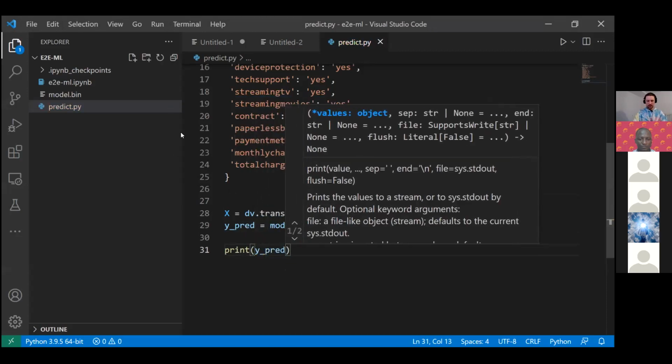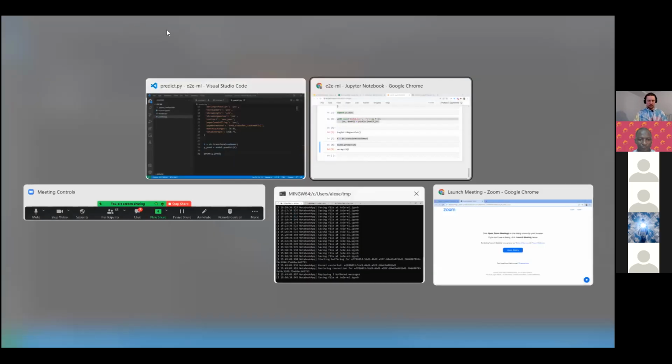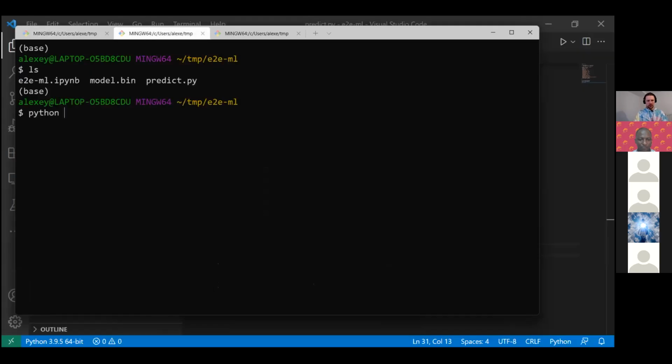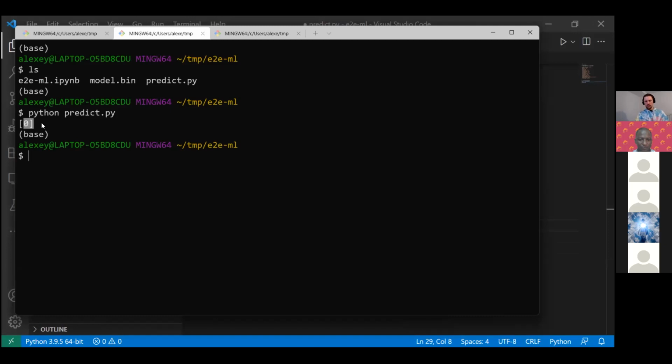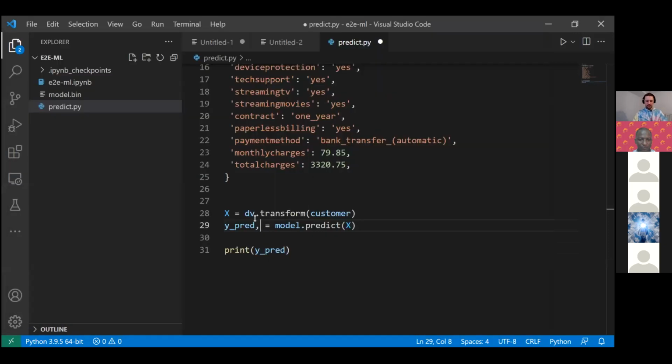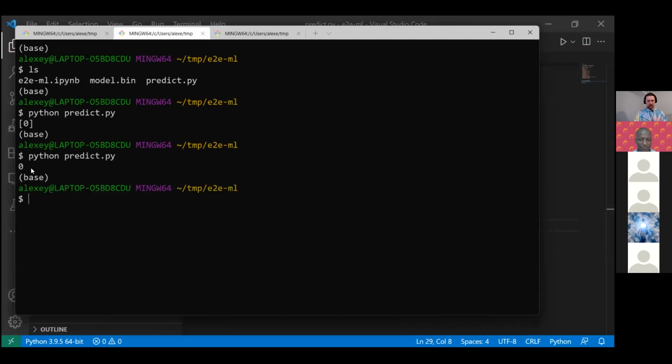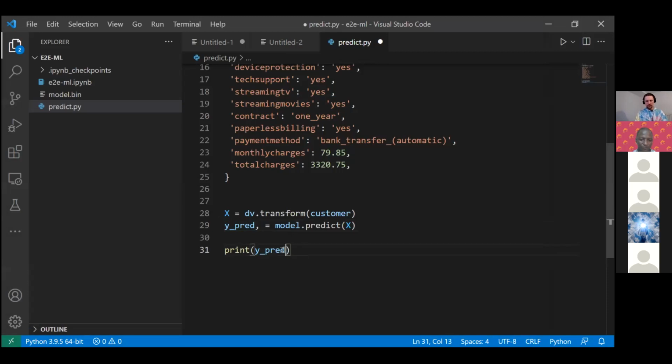So I turn this into a Python script, and in this location, I will just execute predict, and it prints 0. Right? And there is a trick that I can do to get rid of these brackets. This is a list with just one element. So I can add a comma here. And when I do this, it gets the first element of this list and returns it. So now it just returns 0. So instead of doing y_pred, I take the first element. This is the prediction for this customer.